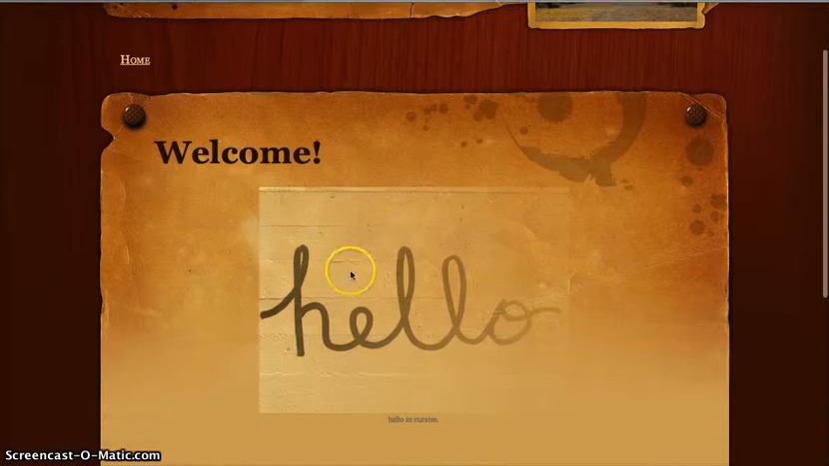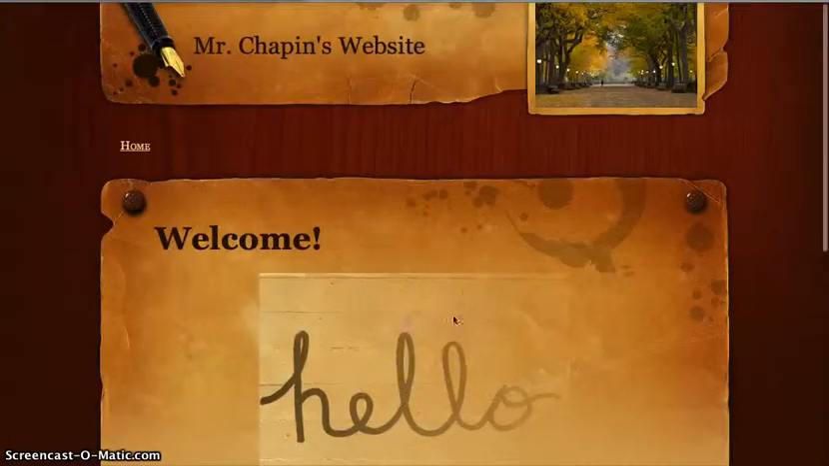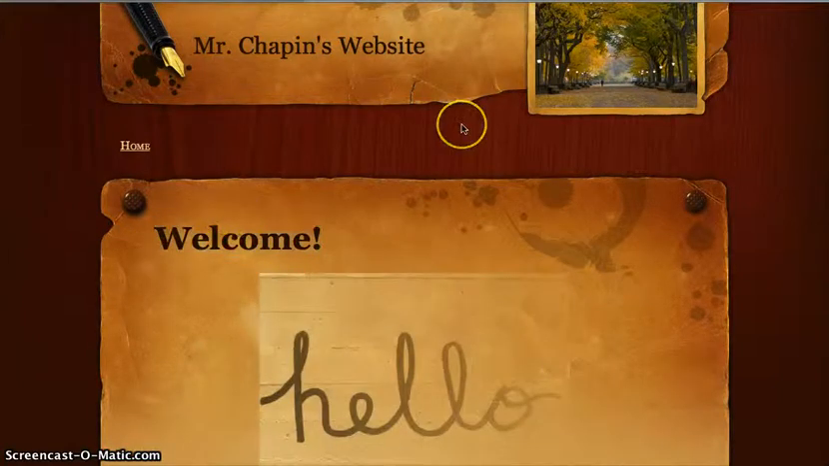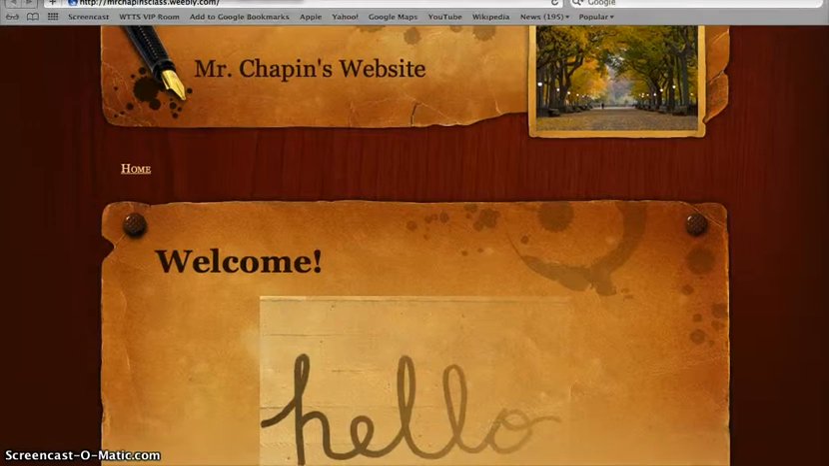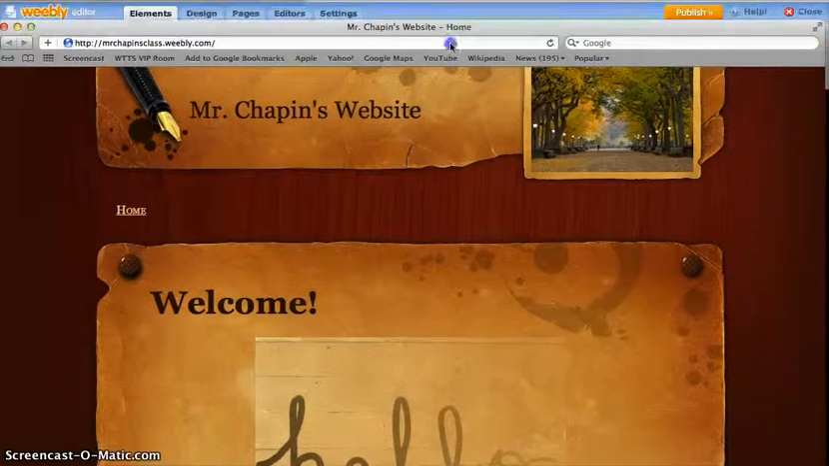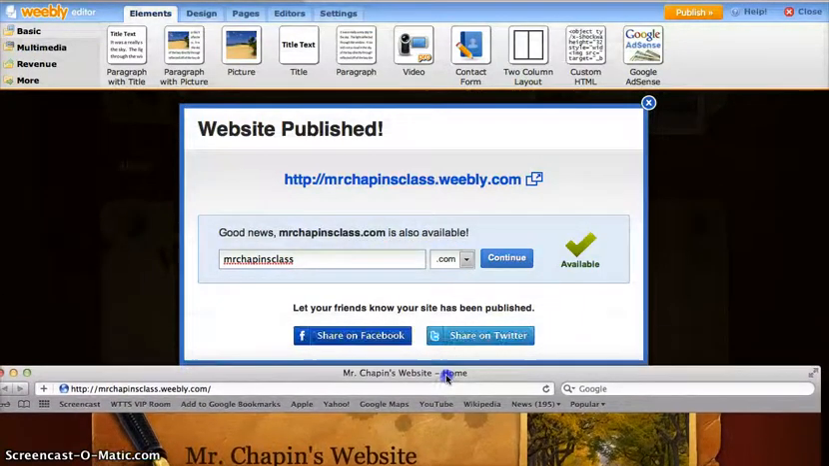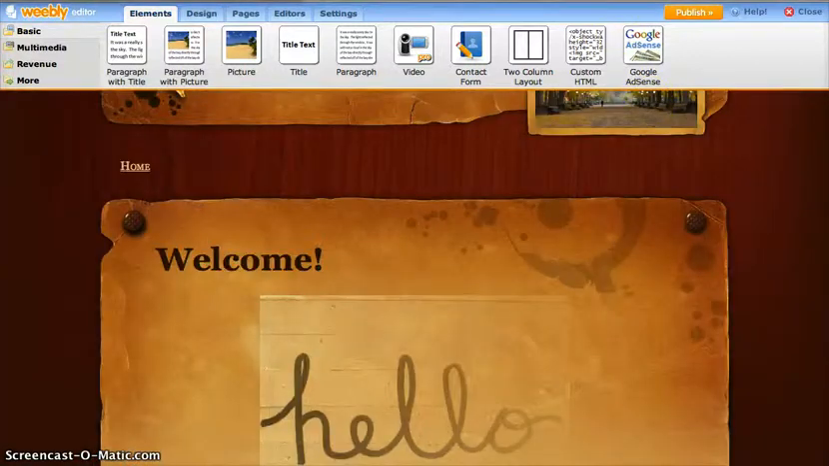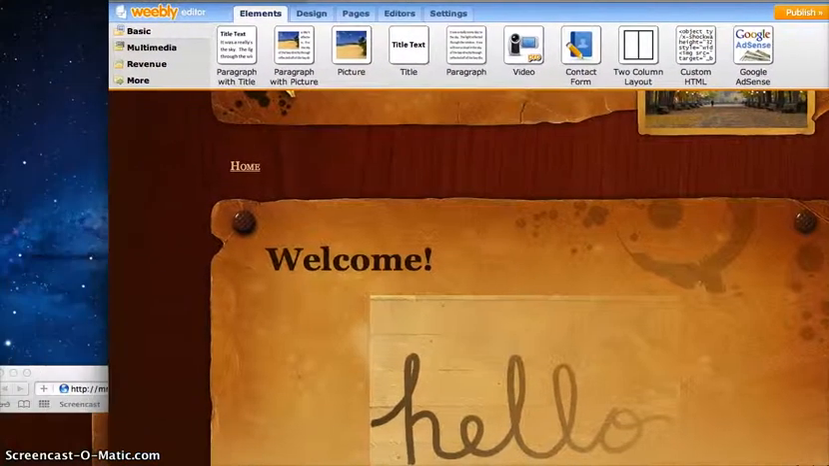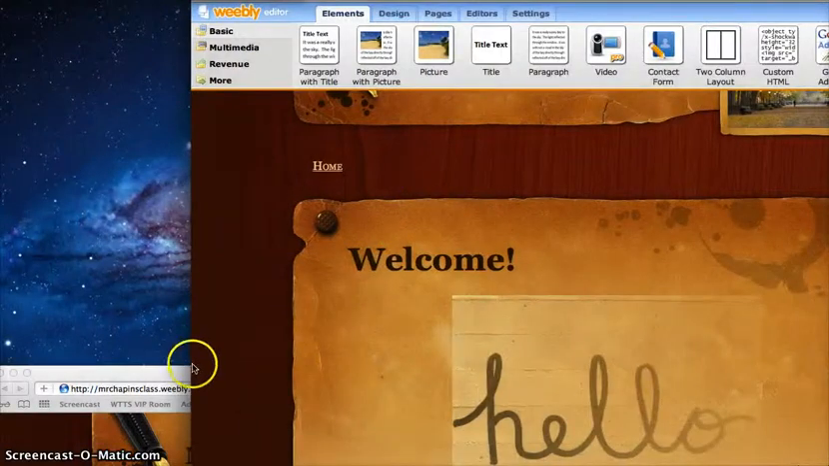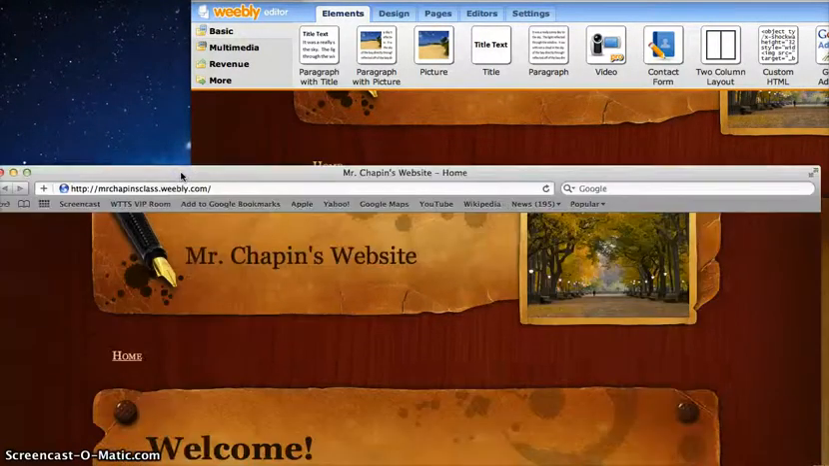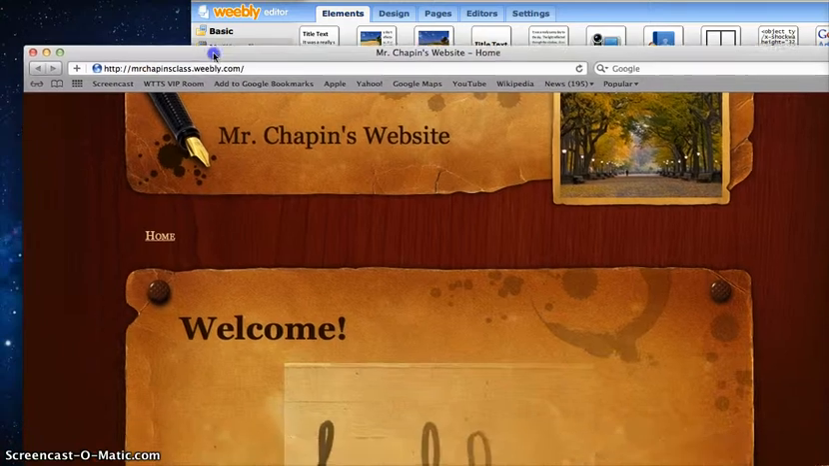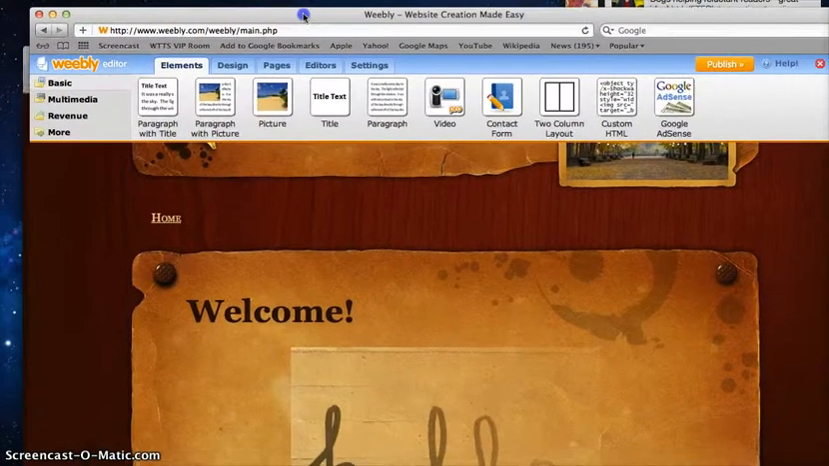And notice that no text box come up, and I can't edit it. There's no way I can edit the text. This is the published site. So here's the site that is published, and here is my publishing window. Two different windows. Okay. So if I want to make changes, I have to go back to my publishing window,